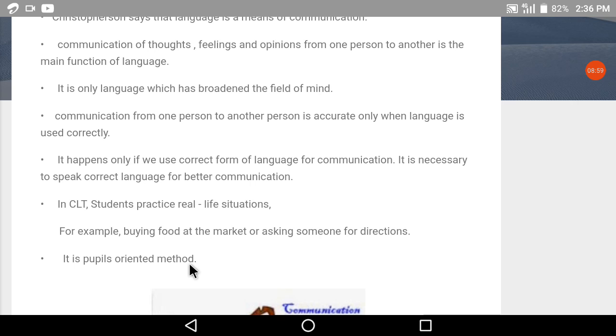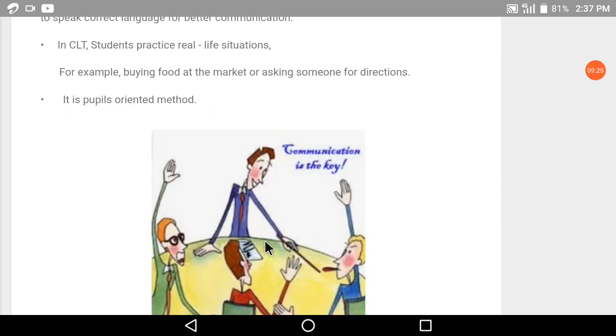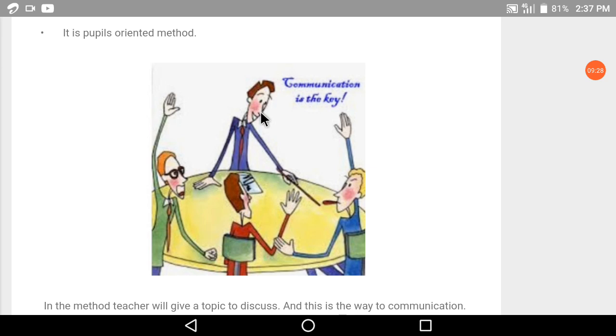It puts pressure, no, we cannot use the word pressure. The main target is that it is a pupil oriented method, which means an entire method in this world which exists for the student, because we are teaching students so that they can learn English, they can learn any subject very well. This is the image of this kind of communication skills, or the CLT method, which means a leader, a teacher gives any kind of task, or it is also a TBLT form, task based learning method, which we can name in this regard also.